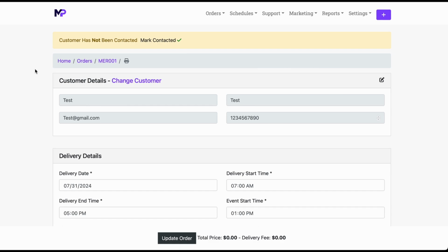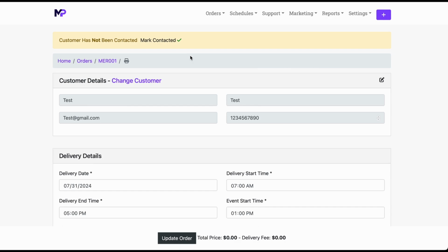Okay, first thing you'll notice right here is customer has not been contacted, and you'll have the option to mark it as contacted. So an important thing you'll need to know is that whenever you're putting in quotes on the back end of your website, your customer will not automatically be emailed their quote or their invoice to pay. And the reason why is typically when people are going into Rent More Pro, they may be coming from another website software. So this is just to ensure that, let's say on your previous website software, you had orders ranging,